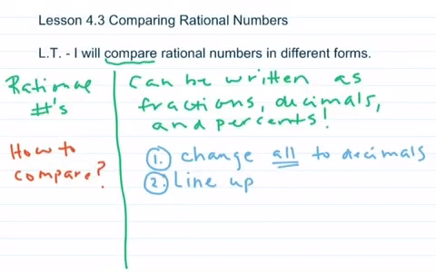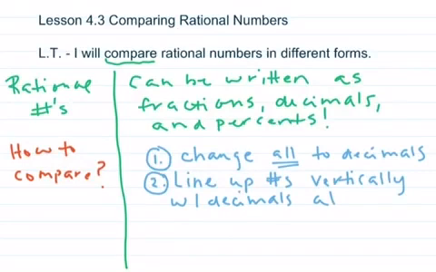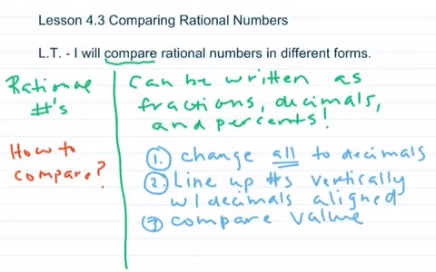Then we're going to line up the numbers vertically with the decimals aligned or lined up, just like you would if you were adding or subtracting decimals. The third step, we're going to compare the place value. All right, so is the ones place larger or least? Is the tenths, hundredths? All right,